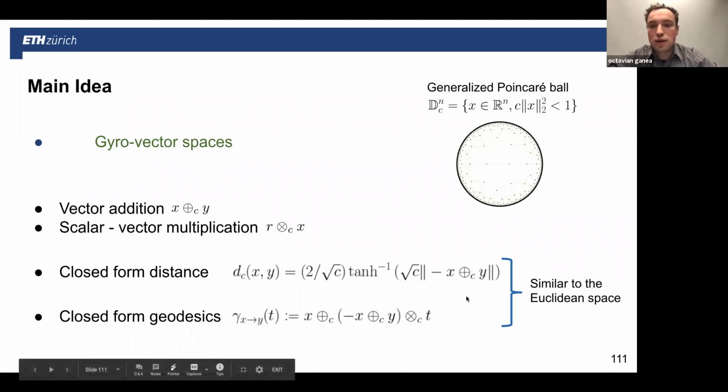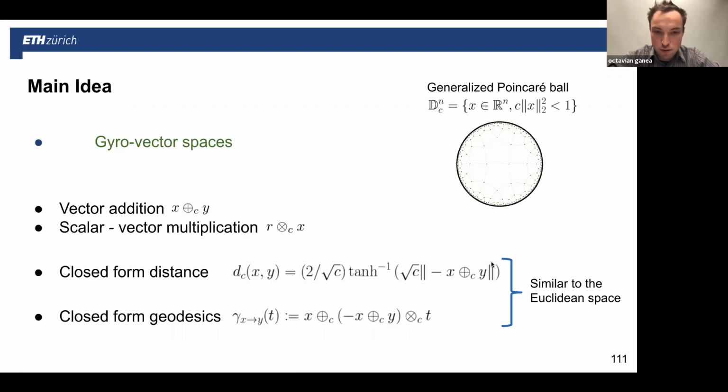And here you can see that it looks a bit like the Euclidean distance as you know it, in the sense that you don't have the norm of minus x plus y, but you have the norm of minus x ⊕ y. So ⊕ is like zero addition. And on top of it, you have to put some tanh^-1. So again, if C goes to 0, so the space deforms to Euclidean space, then you fully recover the Euclidean